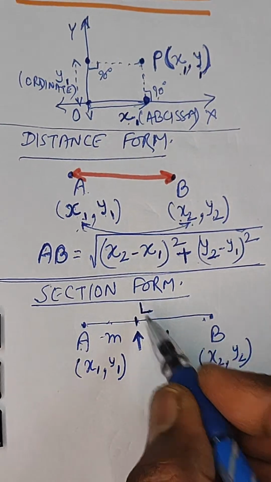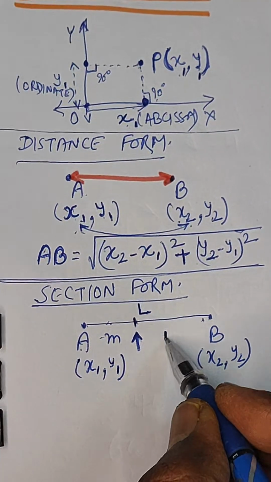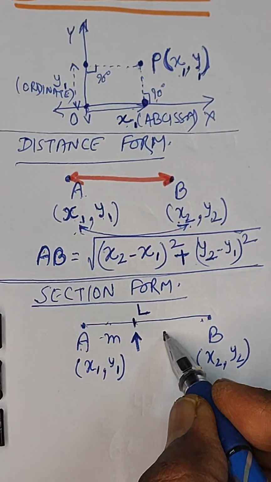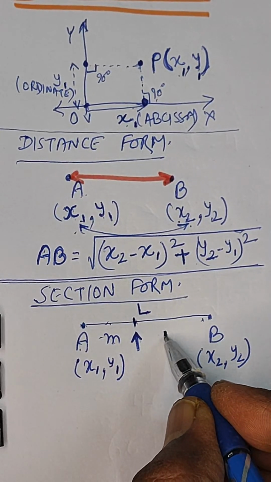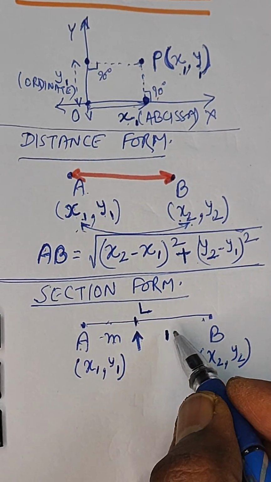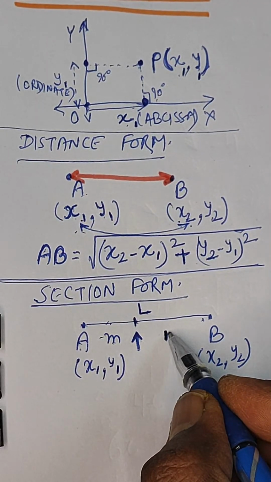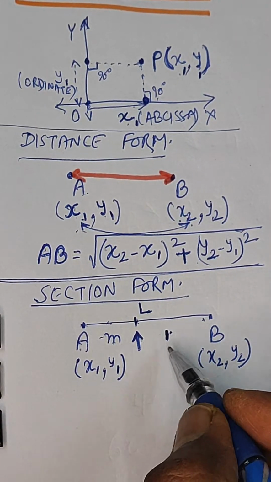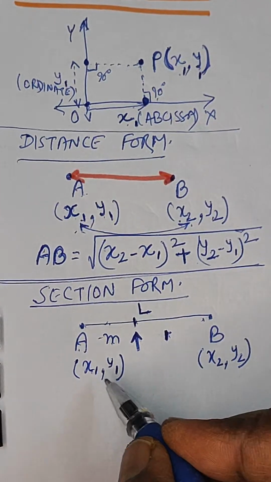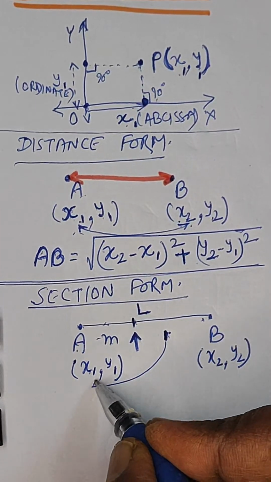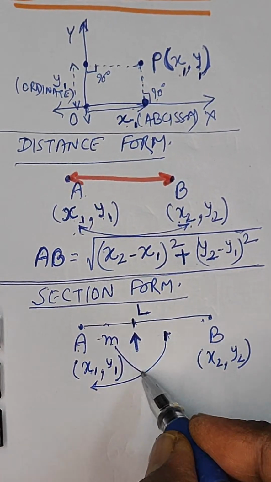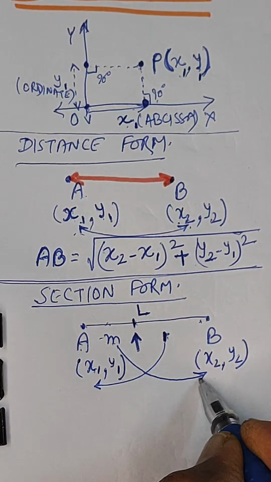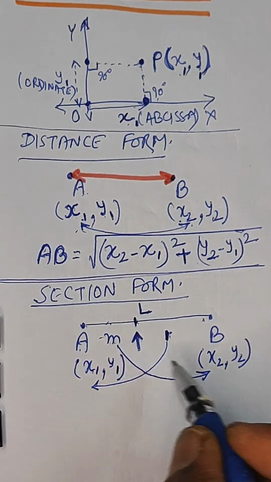How can this be found? If m is to 1 is the ratio, then just multiply this 1 into the x1 here, like this, right, and m into the x2, right? So it will be like this,